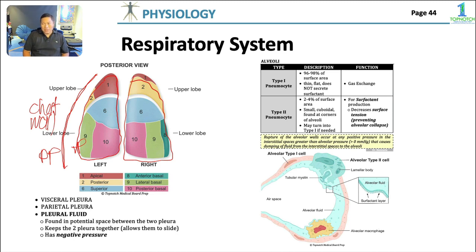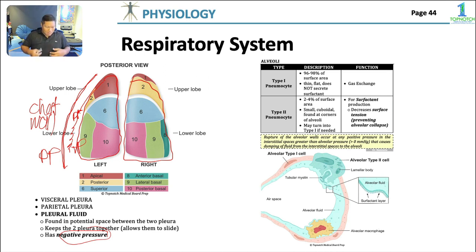Now, between them is the intrapleural space, wherein you're going to find your pleural fluid. This pleural fluid will have a negative pressure. Okay, yan ang importante dyan. May negative pressure siya. So what, Doc? Okay? Ang lungs mo ngayon at ang bony thorax mo, ang principle of how it works is